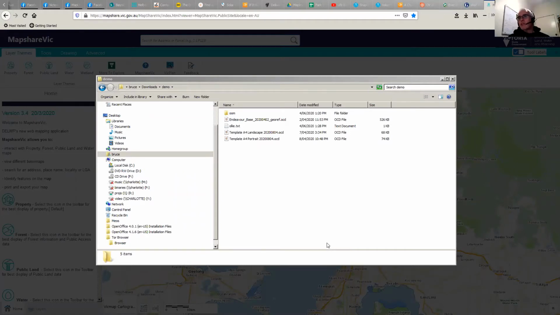It's the map I set on a Thursday over summer at Middle Mullum. Looks okay. So the last two items there are called Template A4 Landscape and Template A4 Portrait. They're two OCAD, I'll call them maps, but they're not actually maps, which I set up during COVID-19 as a way to harmonise all of the BK mapping. So what we've been doing is gradually geo-referencing some of the BK maps, especially the ones which are going to be used for MapRun,